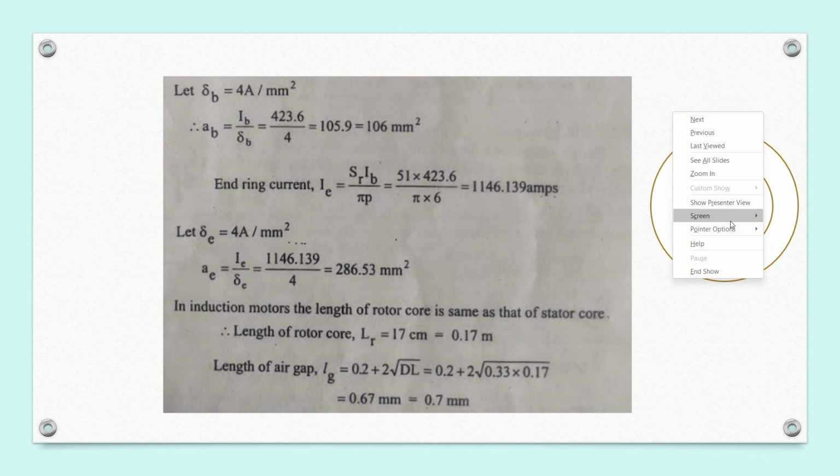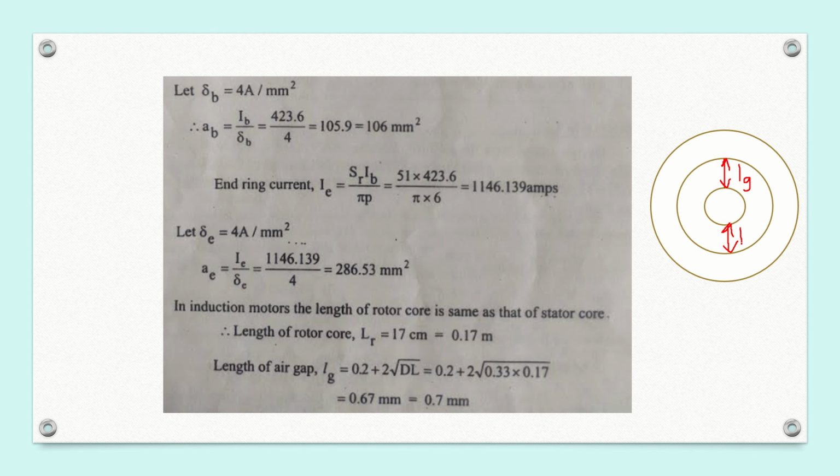And we know that, let us draw it. If this is the rotor, then this will be the air gap. So this will be length of air gap Lg. This is Lg, and this is also Lg. In between the rotor and stator there is the air gap. So this is also Lg,